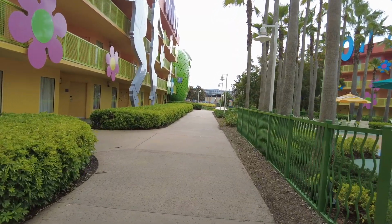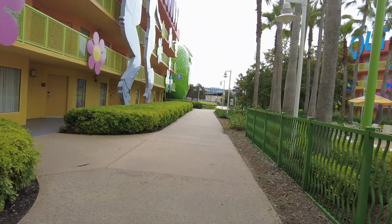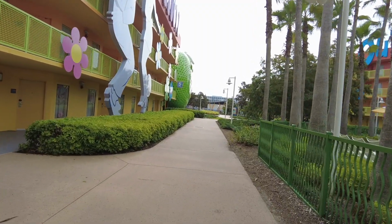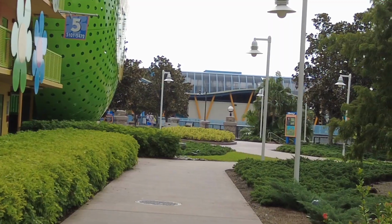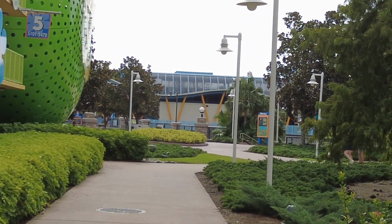Now, if you keep walking left past the kiddie pool, you're going to make your way over to the bridge that's going to get you onto the Skyliner. So if you could see off into the distance, that is the terminal that you're going to take if you're going to be going to Epcot or Hollywood Studios. Now if we turn around,